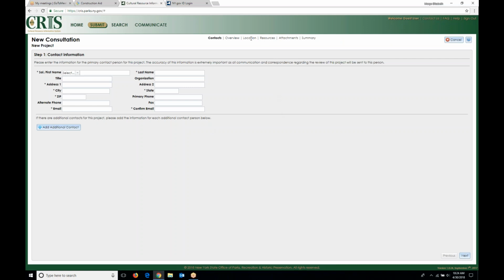When it comes to the location, you will need to be able to successfully use your mouse to trace around the footprint of your facility on a map. That's one of the big hang-ups. For more information on how to attach documents to the CRIS system, it's very easy, you're just uploading. But for tips on how to get your application and submission to CRIS to be approved more quickly or to be viewed more quickly with fewer hangups and responses required,